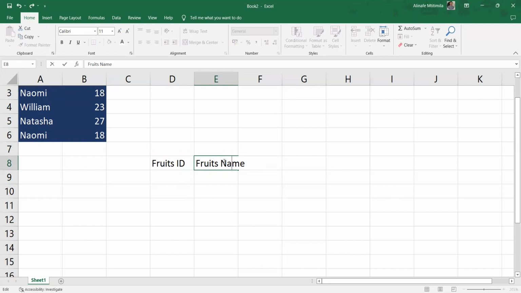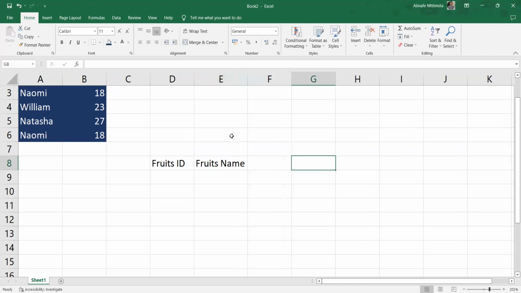Now, there's also one thing I want to show you. You can see that this word name has overridden the size of the cell. So in order to shift this to accommodate the full name, just go to the top of the header and double click, and it will fix that for you. And maybe here I can place category, and here cost and whatnot. So on fruit ID, I can just say FR